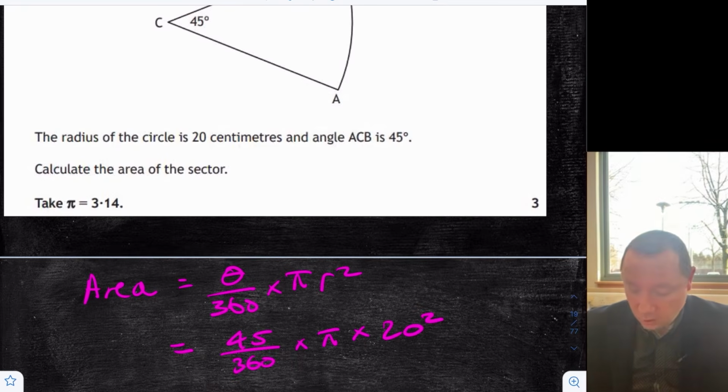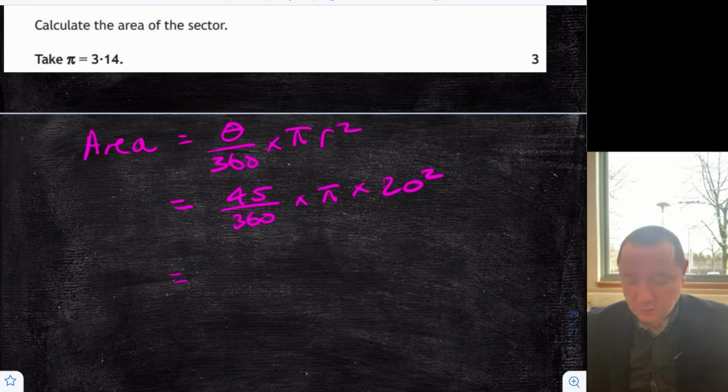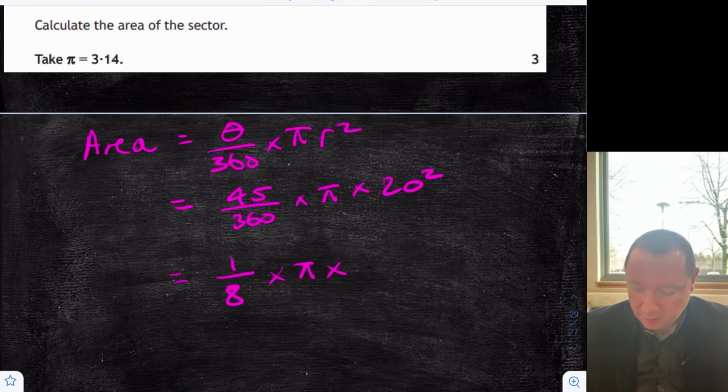2 marks so far, 1 mark for getting the fraction and 1 mark for substituting in, and now we just need to do lots of work to get the actual answer for our final mark. So fractions we simplify, so 45 into 360, well 45 goes into 360 8 times, so I get 1/8 times pi, 20 times 20 is 400, so I do an 8 for 400 is 50 times pi, and then again